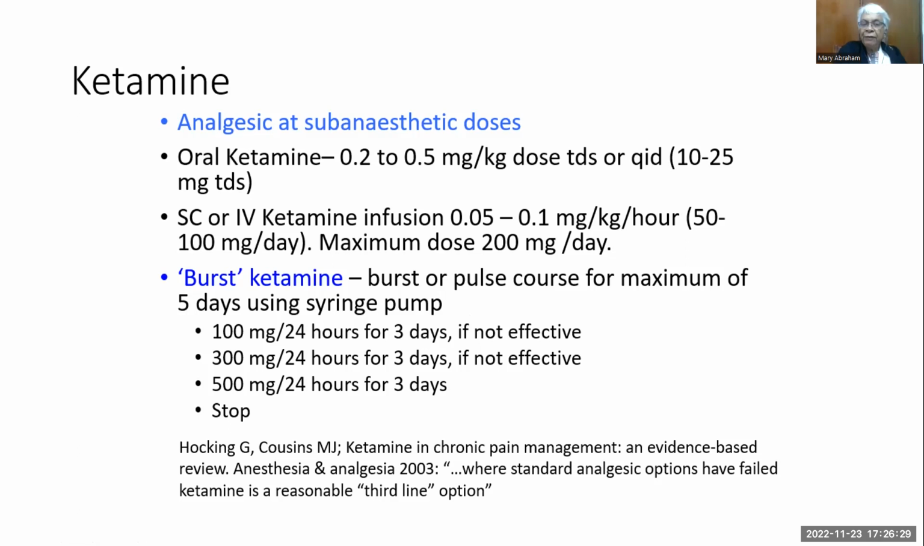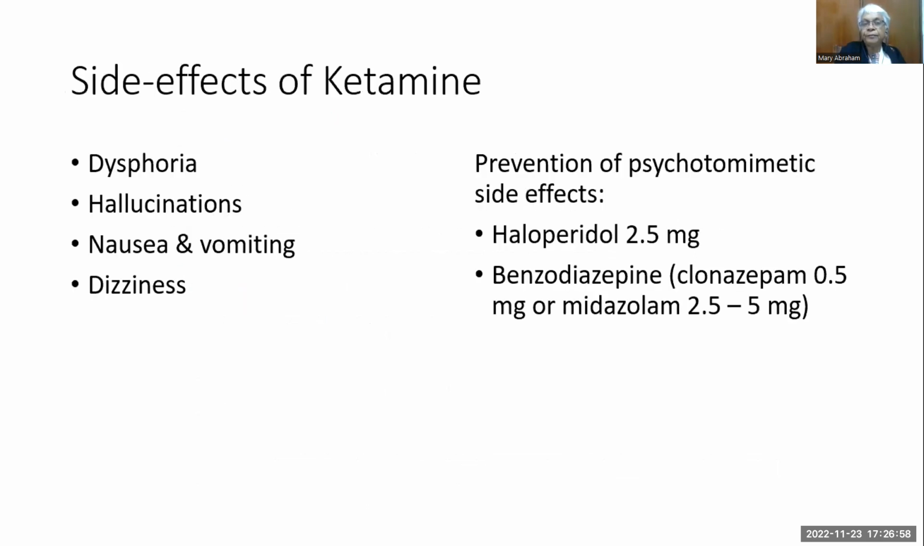So you can start with 100 milligrams per 24 hours, and give it in a syringe pump for 3 days. If that is not effective, then you can increase it to 300 milligrams in 24 hours. Again, give it for 3 days. And if that is not effective, then you can go to 500 milligrams per 24 hours for 3 days. But if that is also not effective, then we have to stop it. Okay, but this can be used to treat intractable pain. Like I already mentioned this, so I won't go through the side effects of ketamine